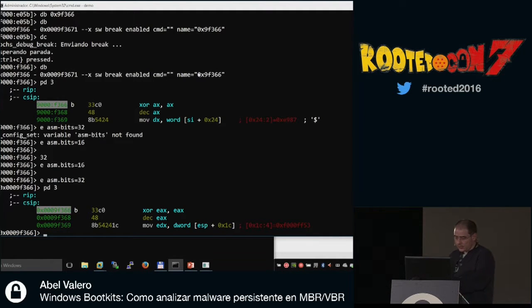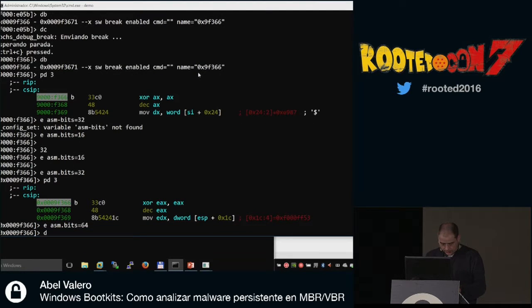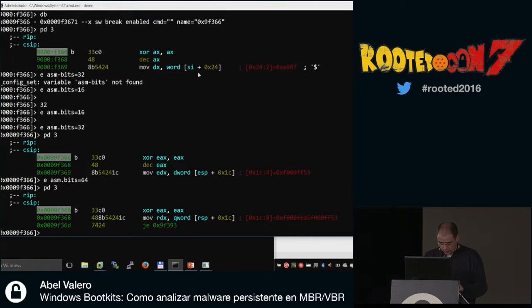We do this. We have the XOR RAX, which I mentioned before, the 64-bit code. How easy Radare is making it for me to do these conveniences. Otherwise, you would have had to use so many other menus.